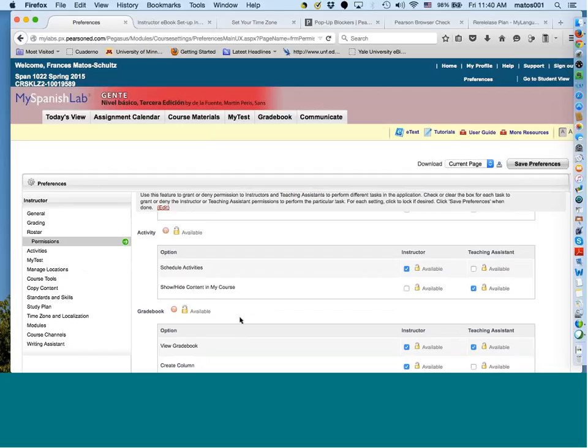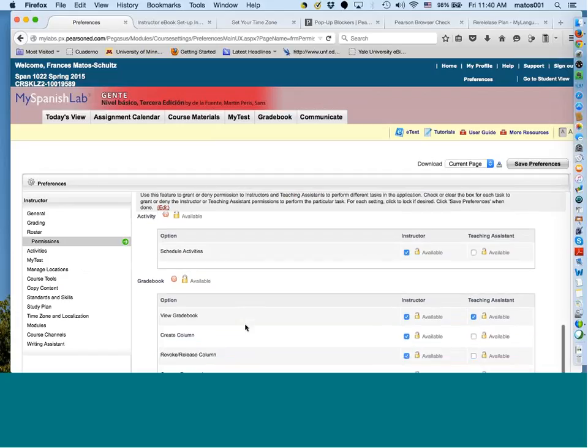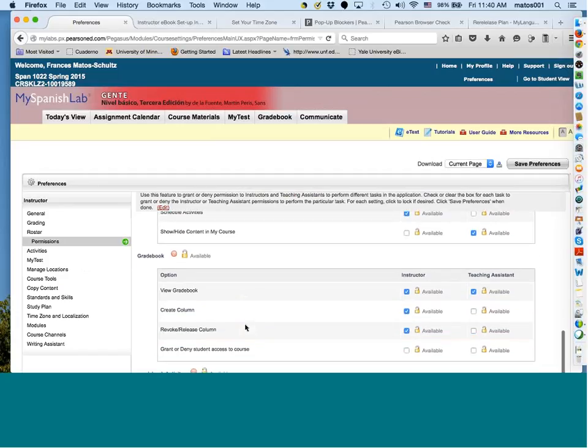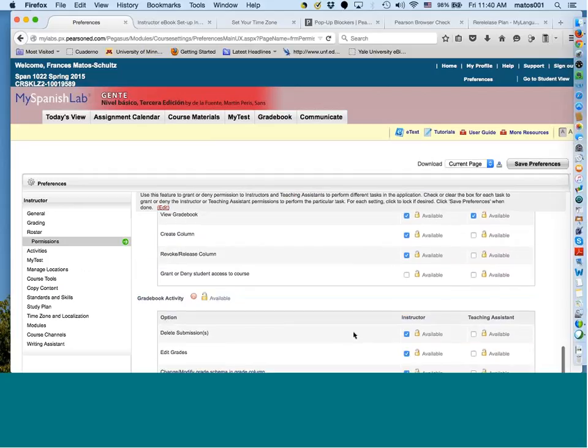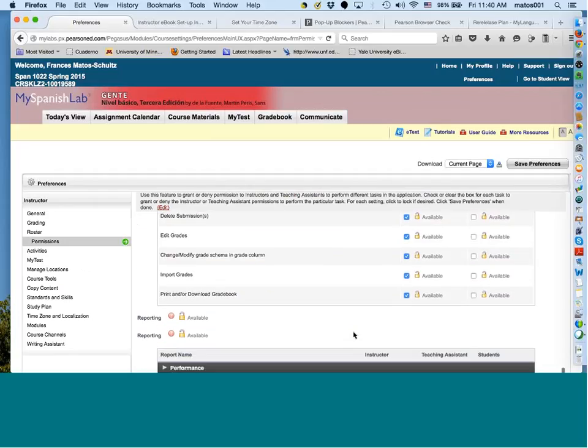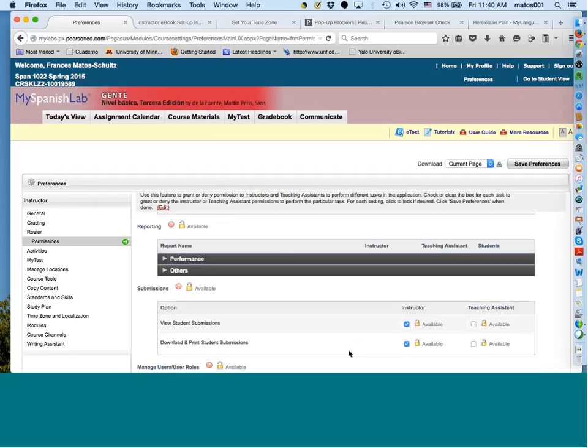They cannot remove anything, but they can add, okay? And what you want to do with your gradebook, do you want them to be able to add stuff to the gradebook or not? Do you want them to go strictly with what you have, okay? The gradebook activities, reporting,